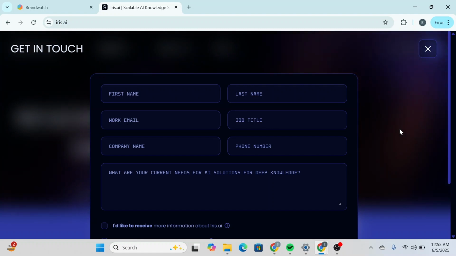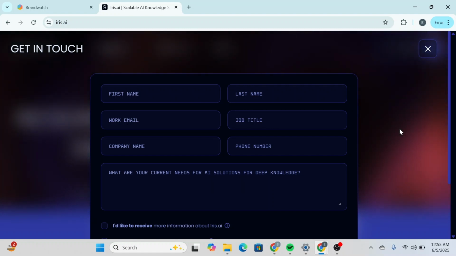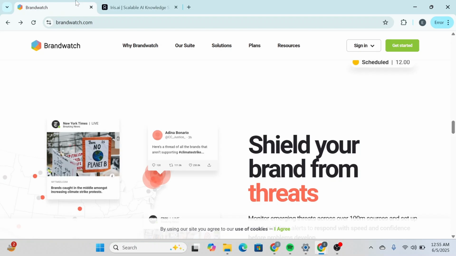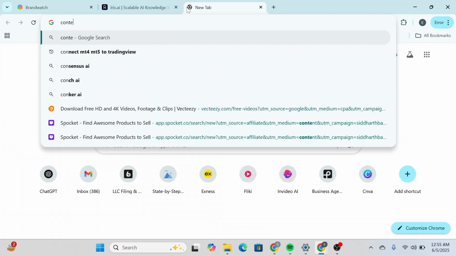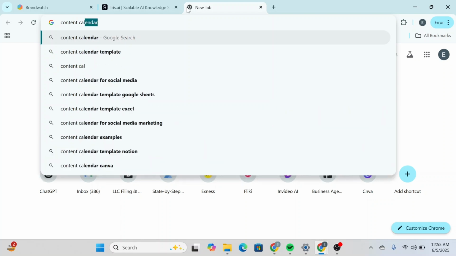Next, let's talk about social media management, the tool set that amplifies and simplifies how you create, schedule, and measure your content strategy. So over here we have the content calendar of Brandwatch. Let us just search for content calendar